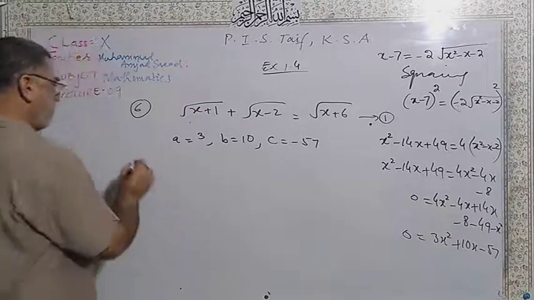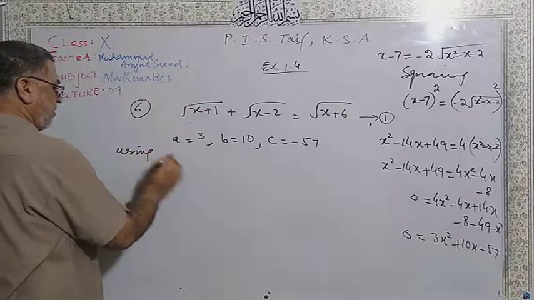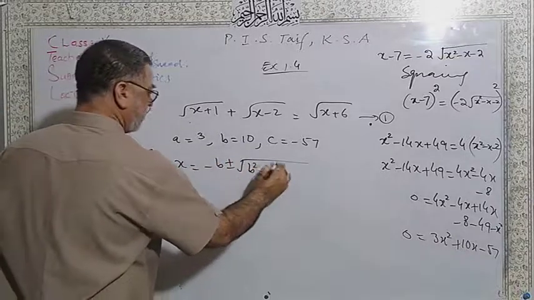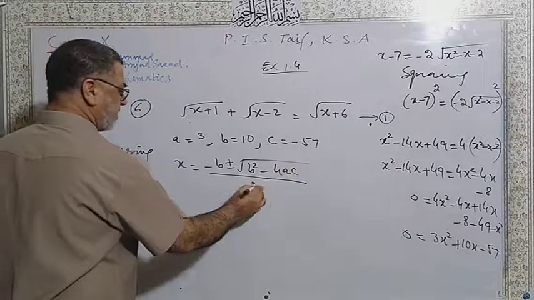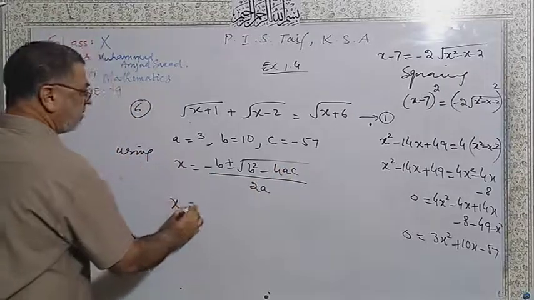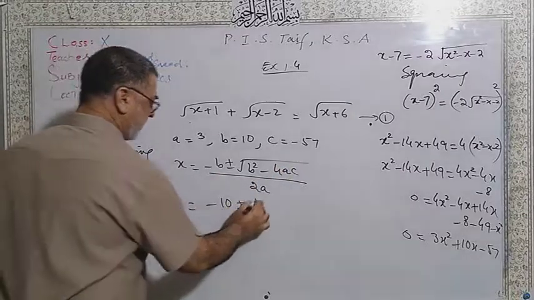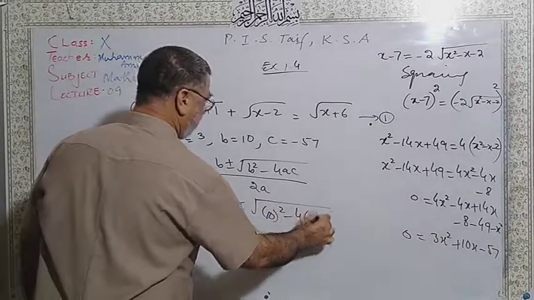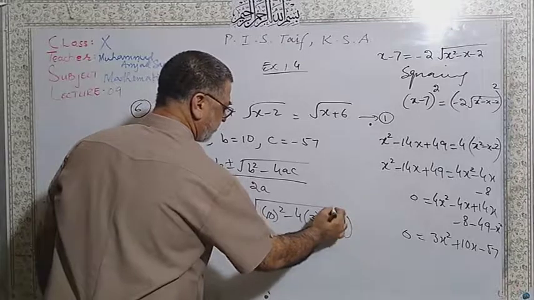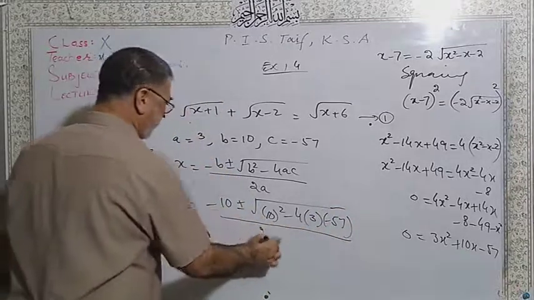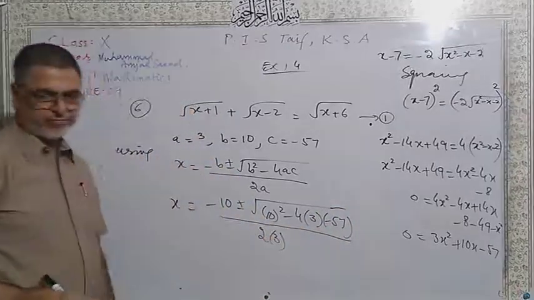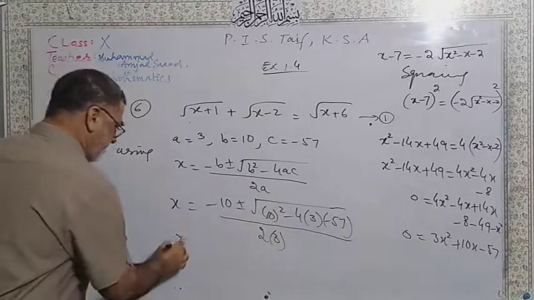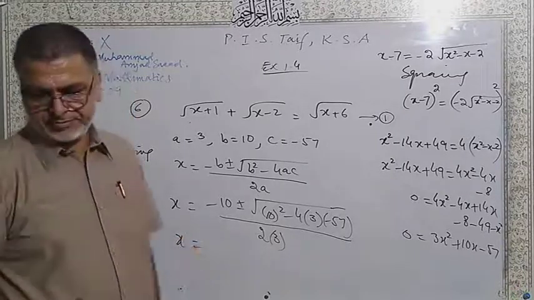Applying the quadratic formula, x equals minus b plus minus square root of b² − 4ac over 2a, minus 10 plus minus square root of 10² − 4 times a and c, divided by 2 into 3. Here we will have x is equal to